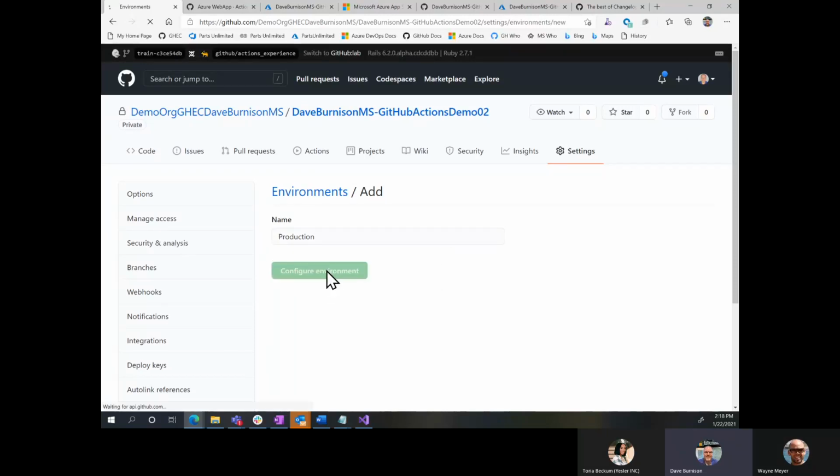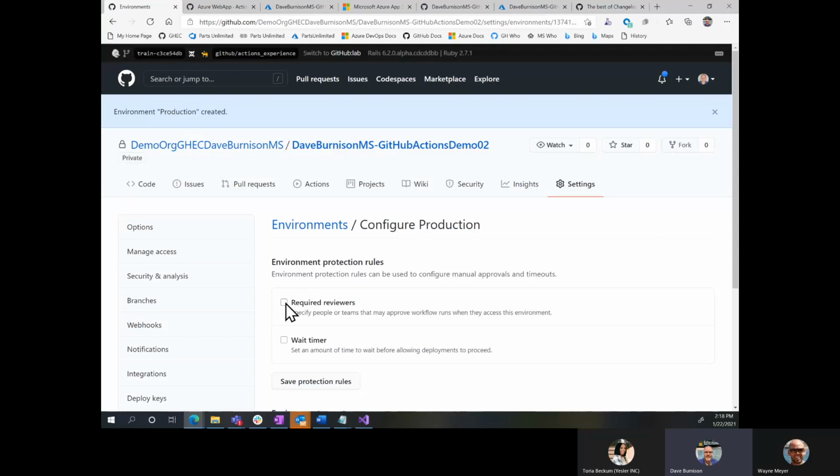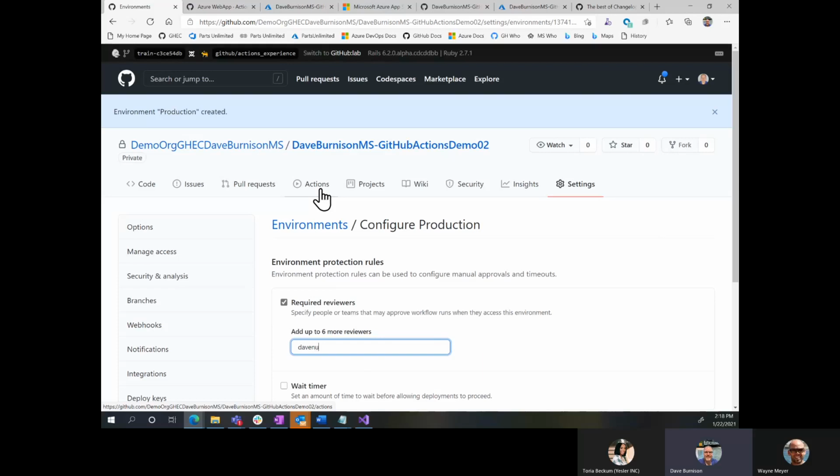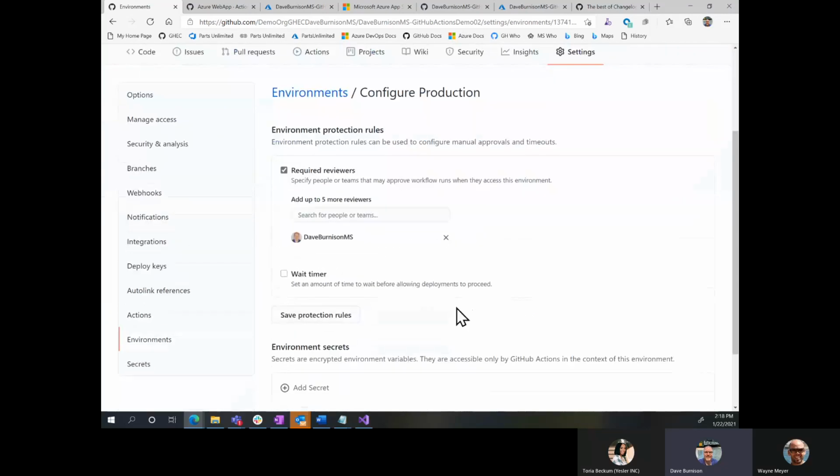All right, so we're going to configure that environment. And the main thing I'm going to do right now is add myself as a reviewer. I don't want it to just blindly deploy to production. I only want to deploy to production when we know that we're at a point in time where it's safe to do that deployment. So we'll save that protection rule.